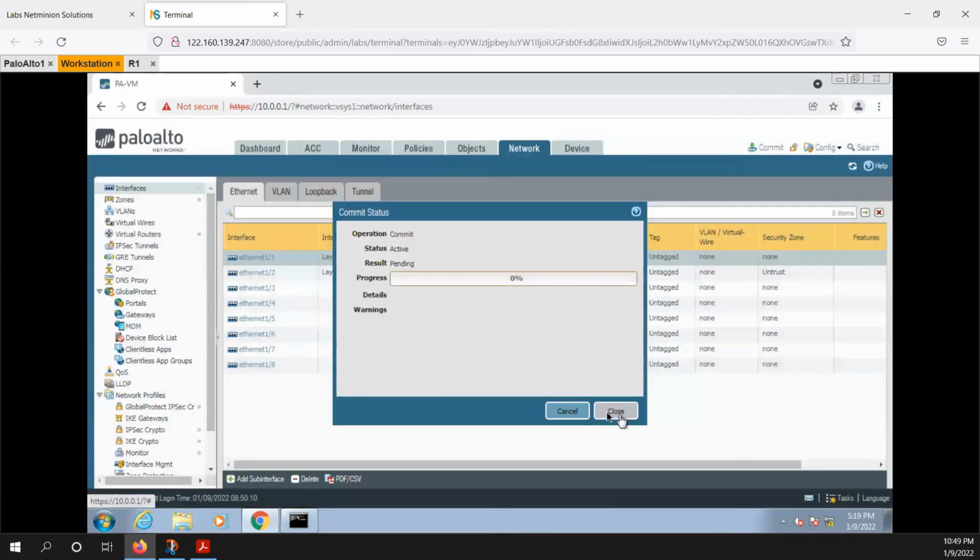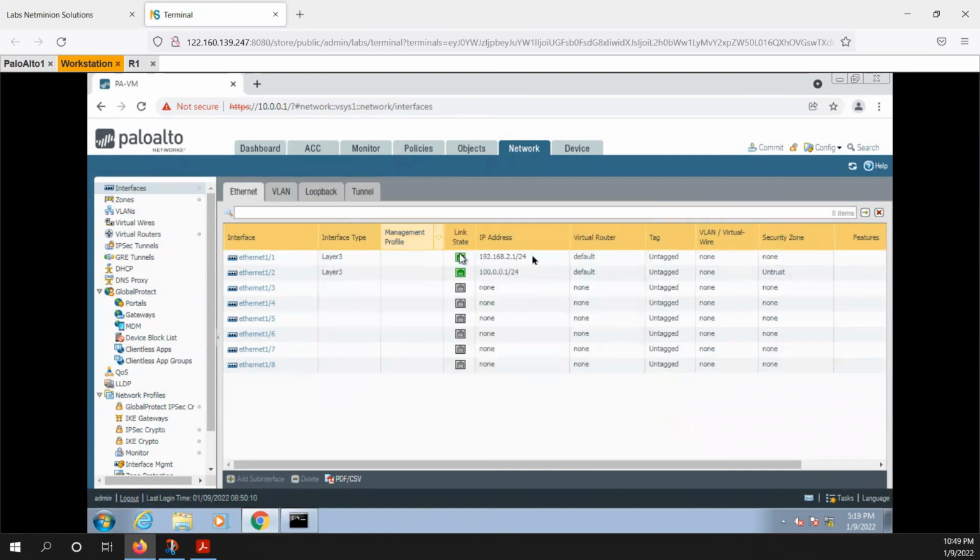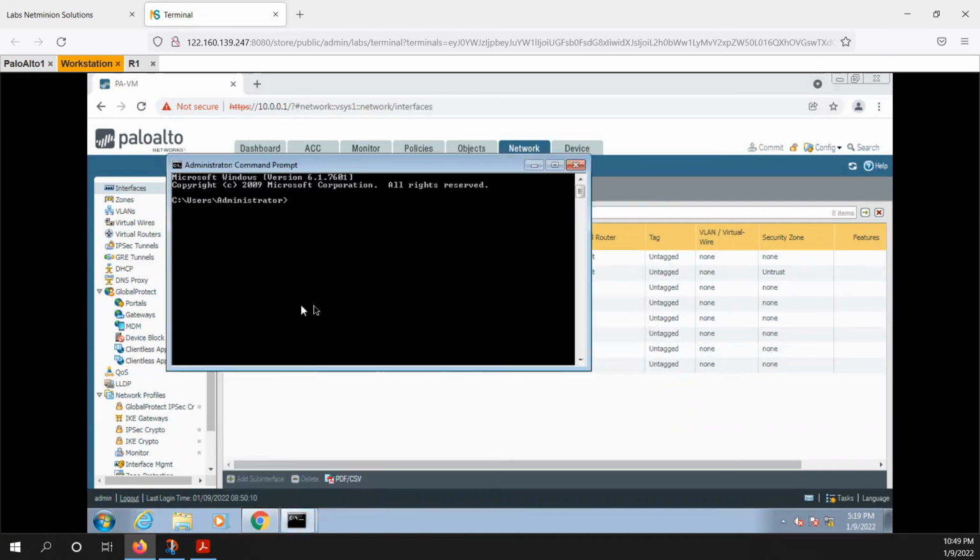Would the traffic be allowed if you don't configure any zone? Let's see whether the traffic would be allowed or not. You haven't configured any zone on the interface. If you go here and try to ping now, ping 100.0.0.10 -t. No, traffic is not allowed.